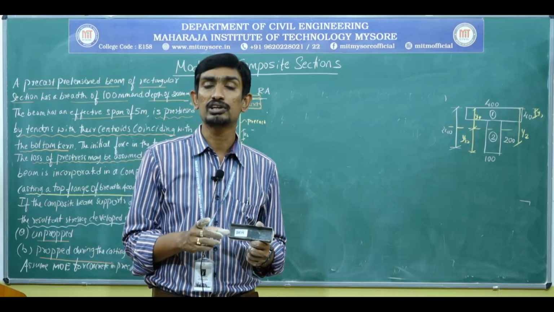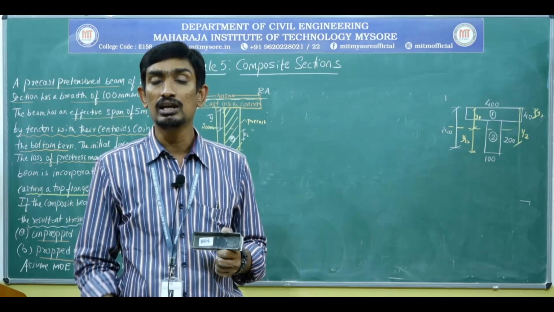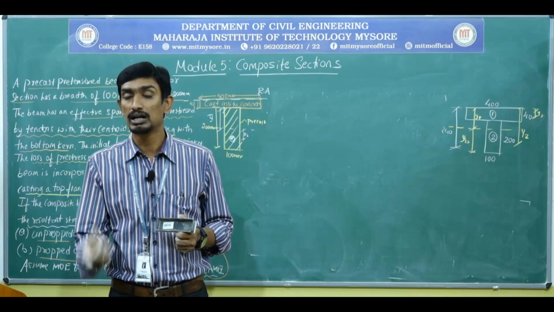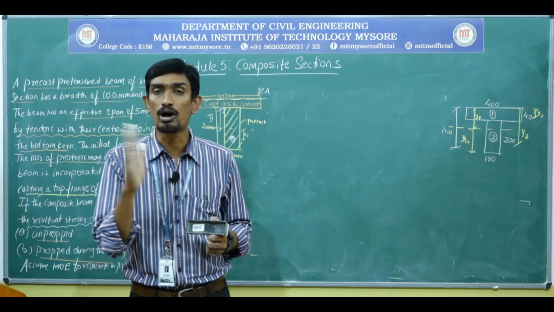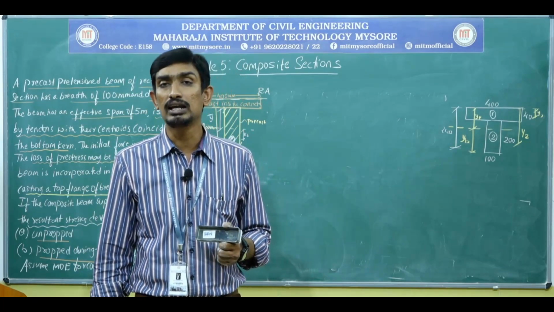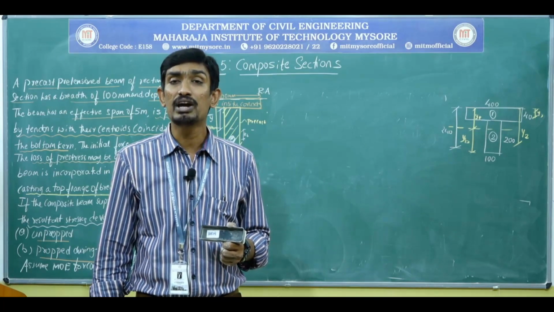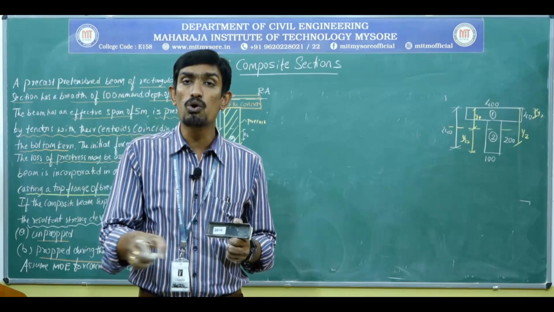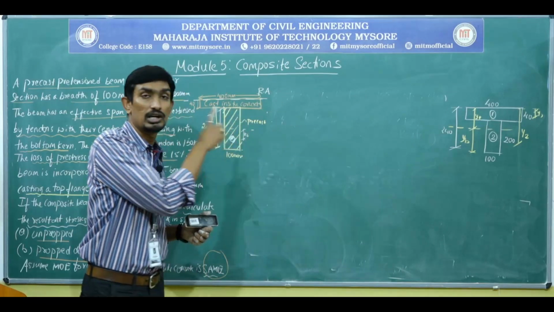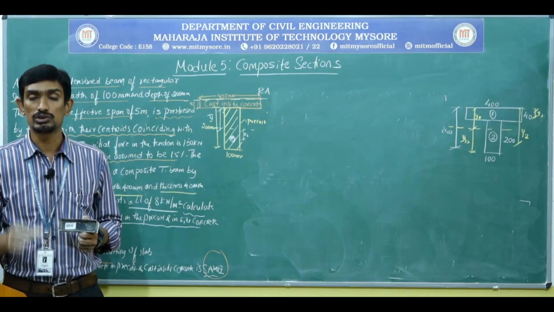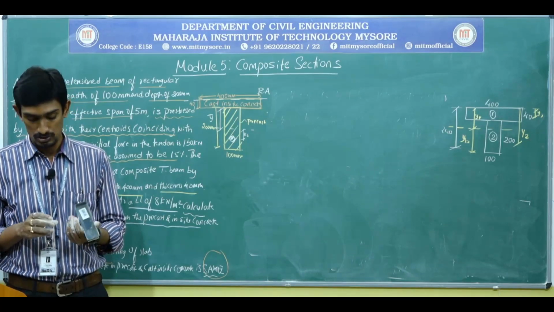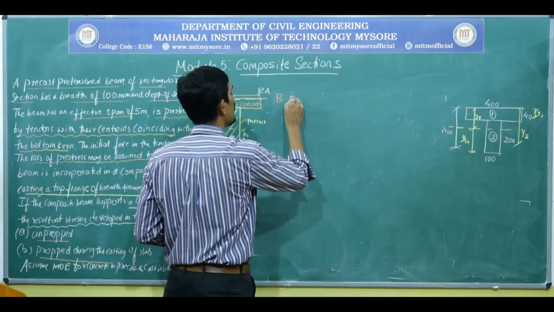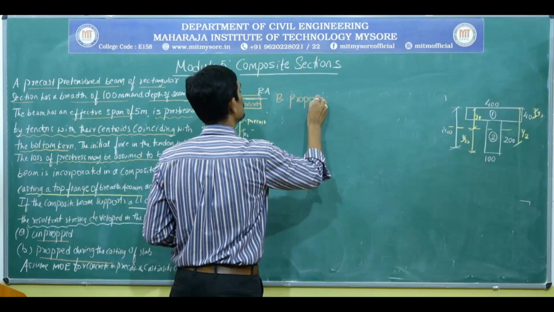In the unpropped case, it has been calculated by considering the sectional properties of the precast pre-tension beam. But in the propped case, since I am going to prop the precast beam, I am going to calculate the stresses due to self-weight of cast in situ slab by considering the whole composite section. So this is the only change in the propped case. So let me write that down, case B for propped construction.